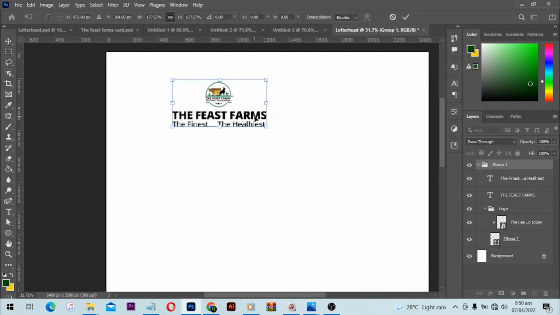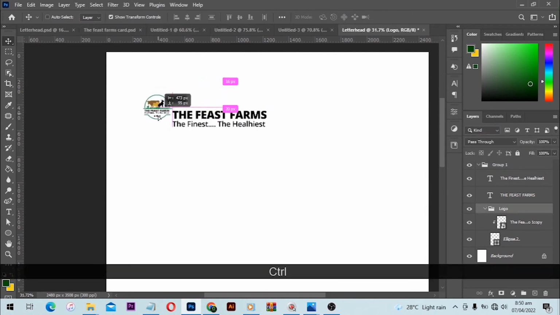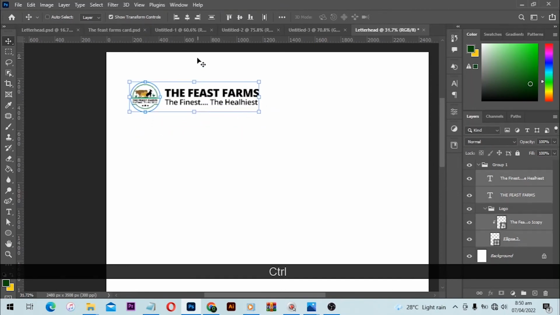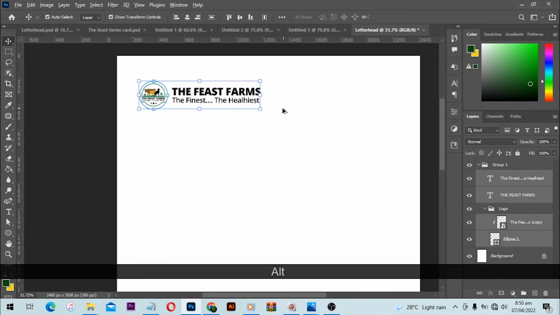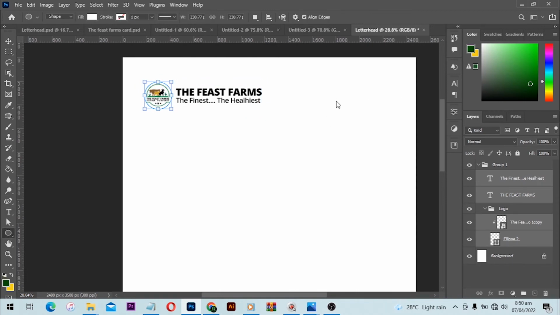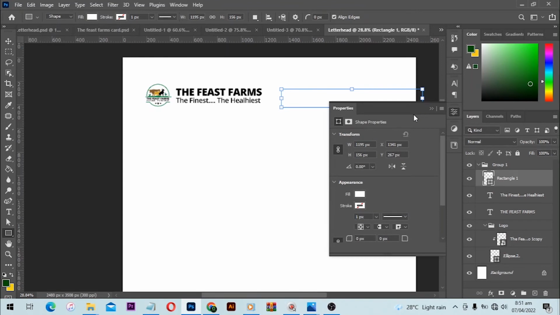And then from here, let me select the logo alone, and I'll click and bring the logo over here. So from here, I can select all of them, position this one here. I want a little bit of space on top, and boom, I'm not going to put anything here. So what I would like to do is to add a shape over here, just like this. Okay, so a shape like this,